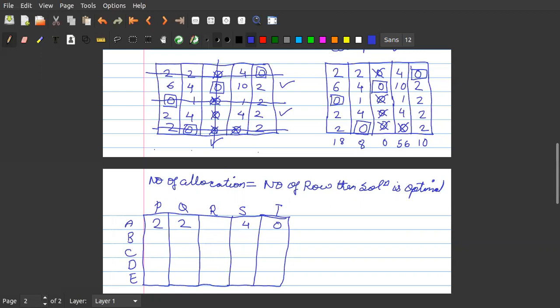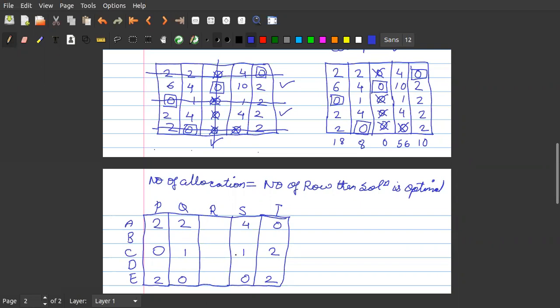Wherever there is only a single line, we keep them as they are. So this is 0, this is 1, this is 1, this is 2, this is 2, this is 0, this is 0, and this is 2.